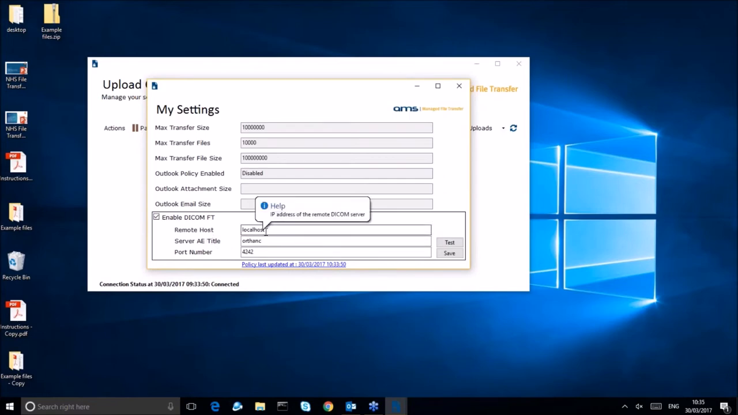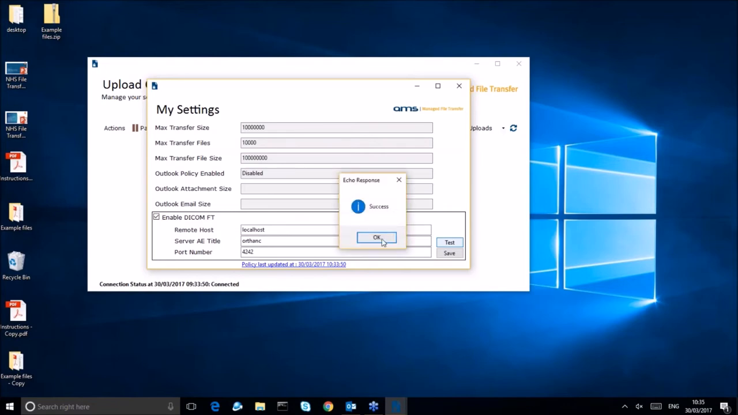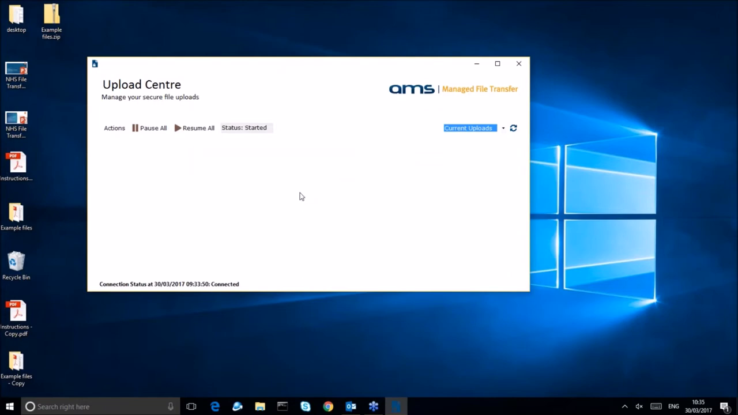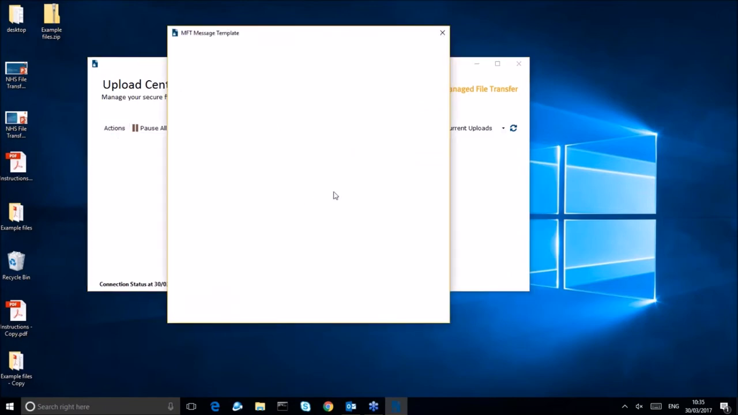The remote host is normally the IP address of your DICOM server or PACS server, and then the server AE title and port number, obviously how we're going to communicate to that server. So let me just test that communication. That's great. So once I've saved that, once I've enabled that feature, the next time I create a transfer,